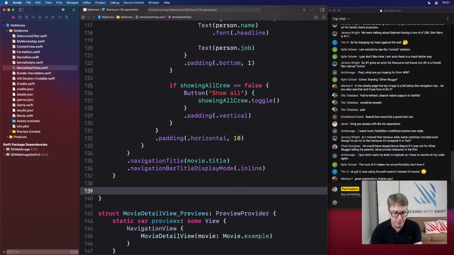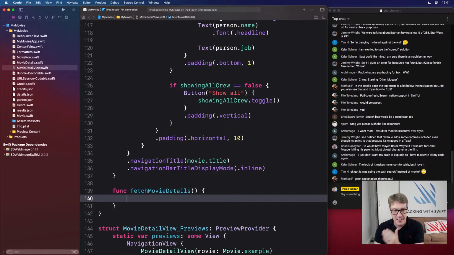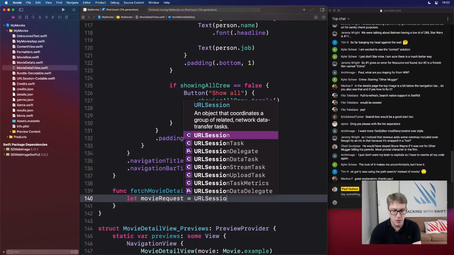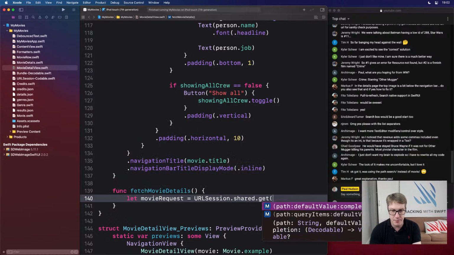We're going to make a new method here, func fetchMovieDetails. This thing is going to handle both of our requests, fetch details and also fetch credits. Add them both to the set if they both worked, and then hopefully update the UI. That's the plan. So we'll say our movie request equals URLSession.shared.get, and we're going to